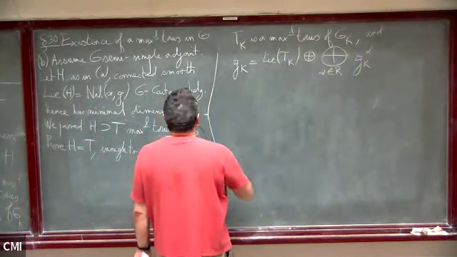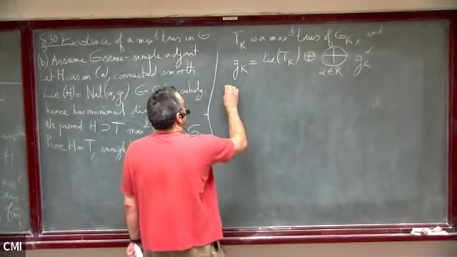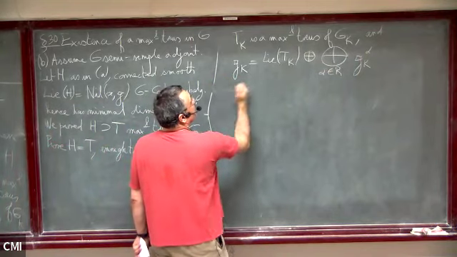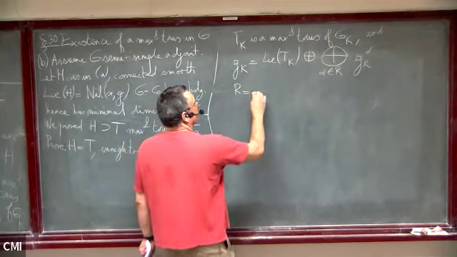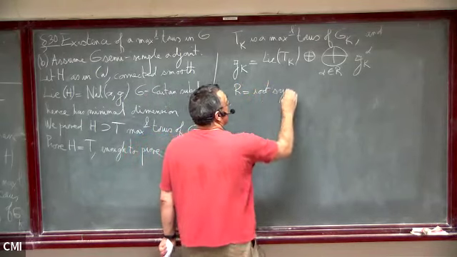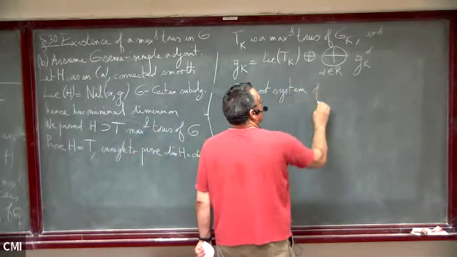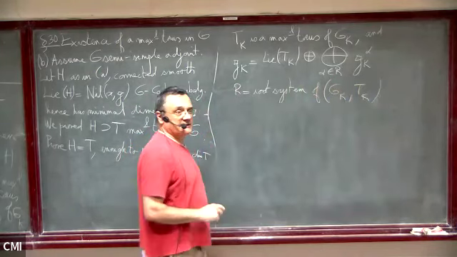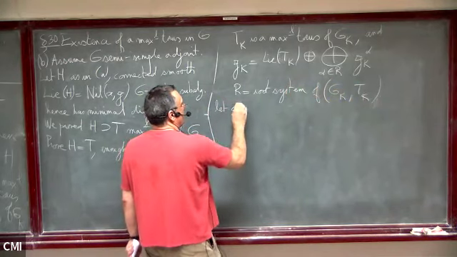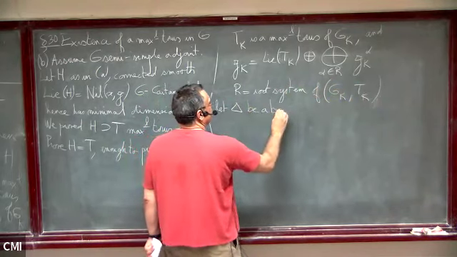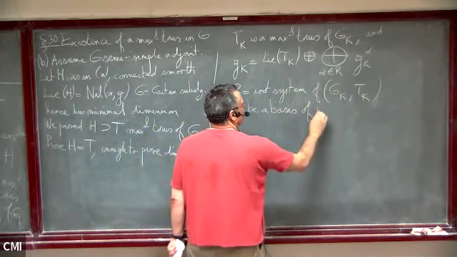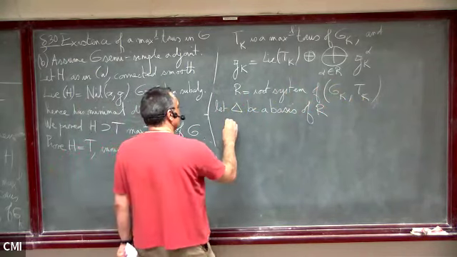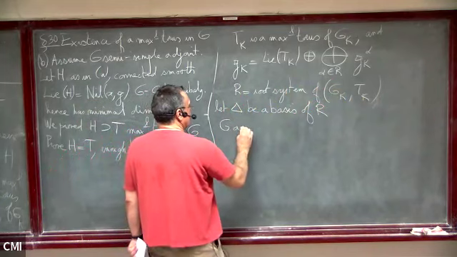Okay, and now since G is adjoint, okay, so R is a root system of this, and let delta be a basis of R. So we just take a set of simple roots, and since G is of adjoint type,